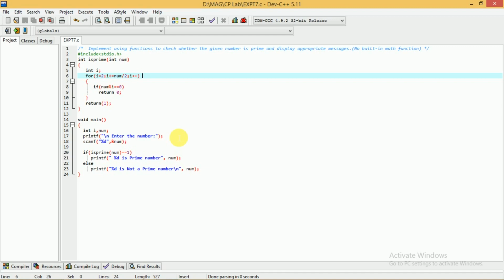So by using the concept of a function, you can create a function, and in that function the lines that are to be executed repeatedly will be stored. Whenever you want to execute these lines, instead of writing them, you just have to call that function.